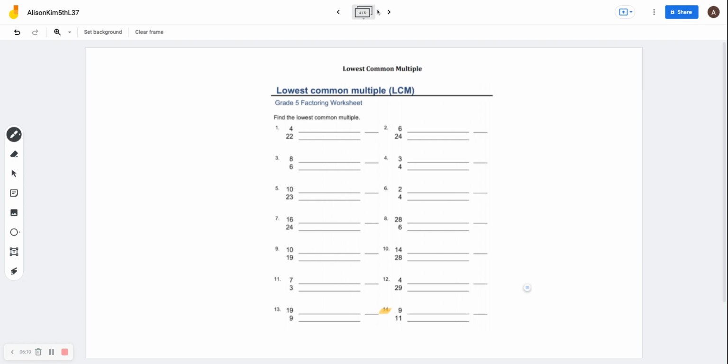Now I'm going to move on to these common multiples. For this one, we're just finding the multiples of these two numbers and trying to see the lowest multiple that these numbers have in common. In some cases, the lowest common multiple will be the number times the other number. That's the easiest way, and that seems to be the case for 14, because remember, multiples of